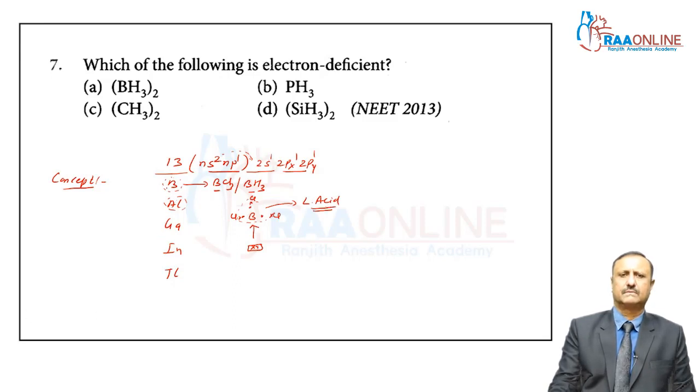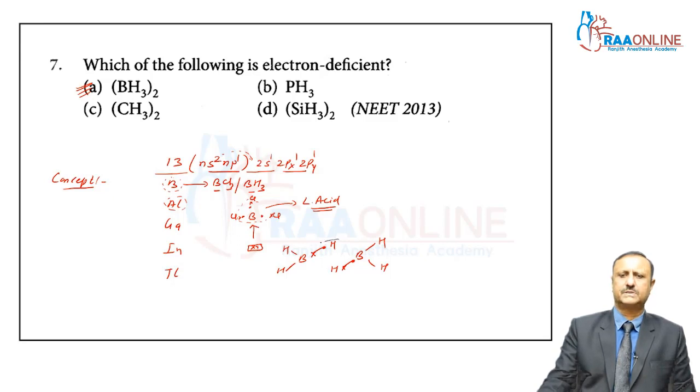Here, my dear students, boron is present in B2H6, so it is electron deficient. B2H6 is electron deficient, so B2H6 forms a banana bond, or 3 center electron pair bond, my dear students. This type of bond is formed here. Here you can see the electron pair of boron and hydrogen. Here you can see the electron pair of hydrogen and boron. Now we can see this electron pair